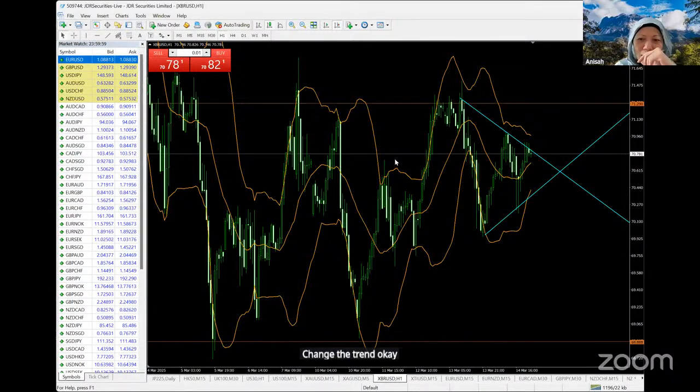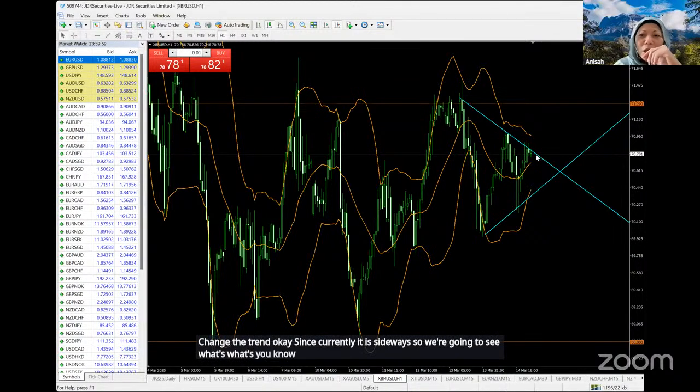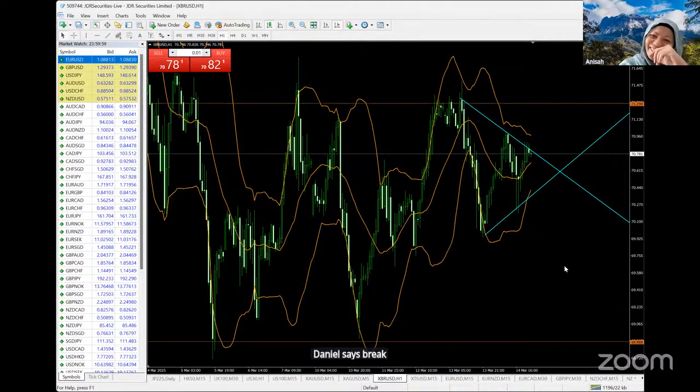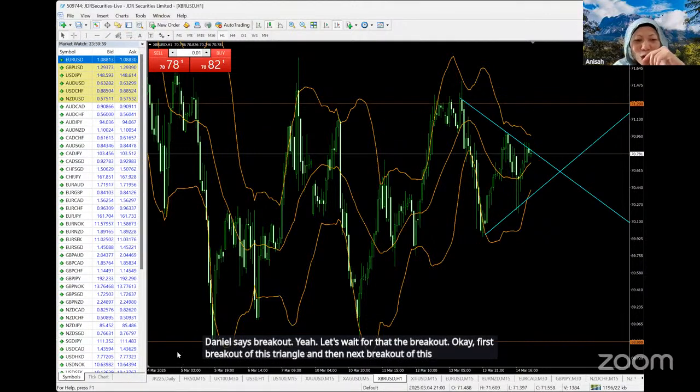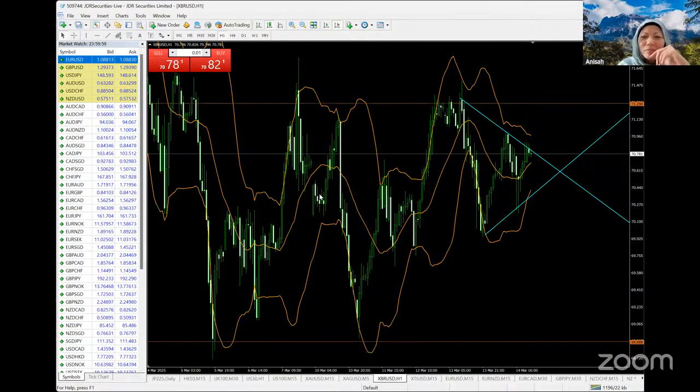Since currently it is sideways, we're going to see whether it's going to move into uptrend or continue into downtrend. Daniel says breakout. Yeah, let's wait for that breakout. First breakout of this triangle, and then next breakout of this huge rectangle range. So this is for Brent oil. Now let's look at